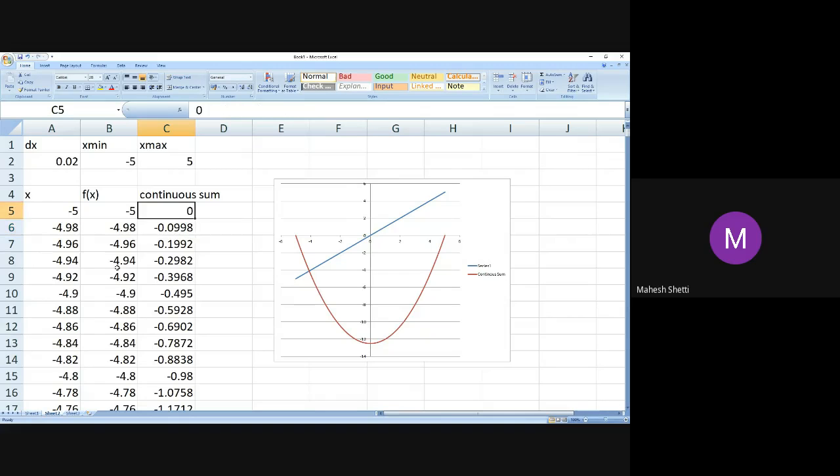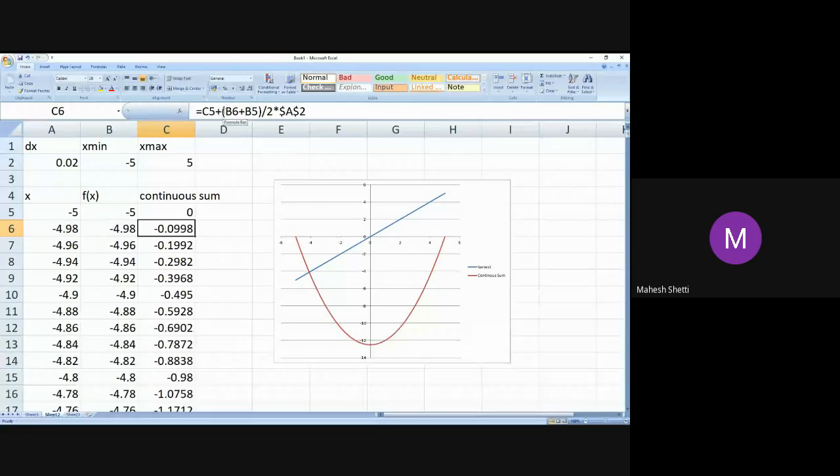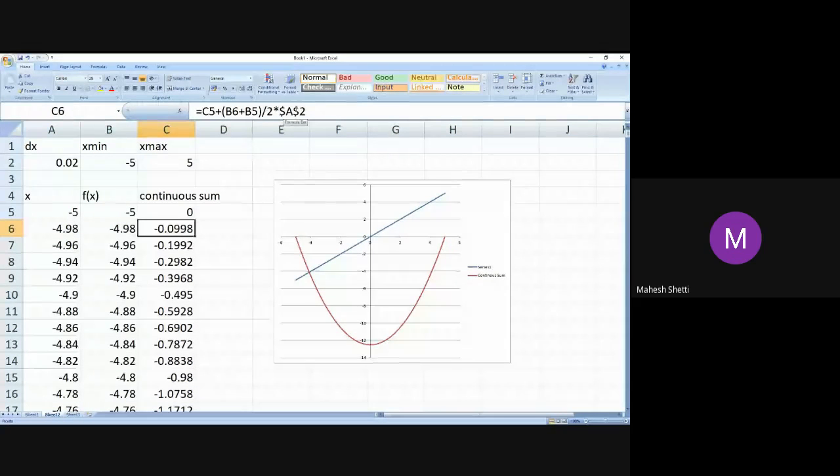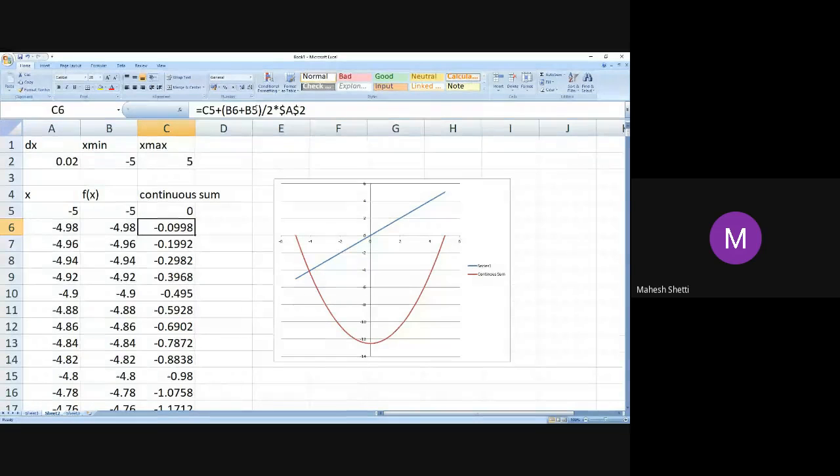So I can use the same logic, that the earlier term, plus the present y value plus the earlier y value, averaged and multiplied by delta x. See, this is what we have taken for calculating integration in the trapezoidal rule. So I just go on adding that. When I go on adding that, depending on what earlier value I had kept, what was my initial value I have kept, that will decide the shift of origin. But functional nature is very important.